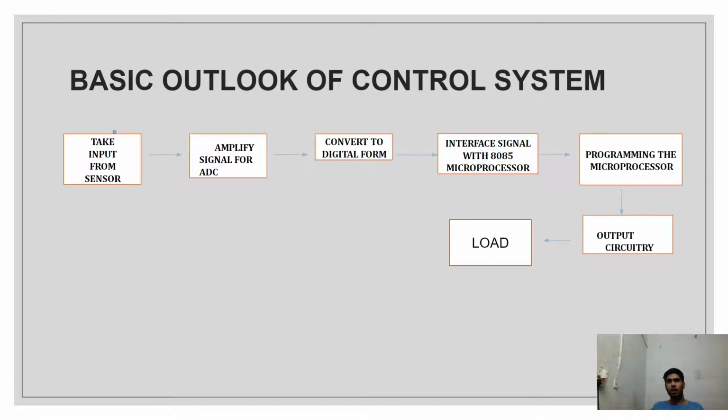Again, the microprocessor and the load cannot be connected directly. Microprocessor output signals are in the range of 5 volts. The load, in this case the heating element, requires AC signals of 230 volts and so on. Therefore, we require another intermediary, in this case an output circuitry using relay devices. This output circuitry is going to take in the output signal from the microprocessor and change it into a form that the heating element can understand, and then the heating element is going to do its necessary operation. So that is the basic outlook of the entire system that we require to solve this particular problem.